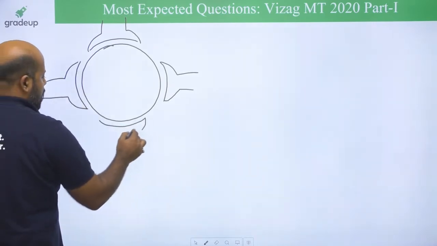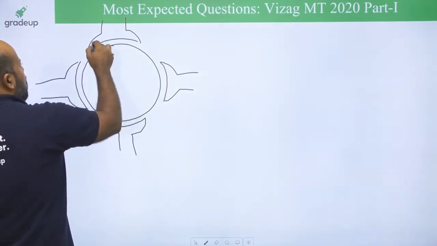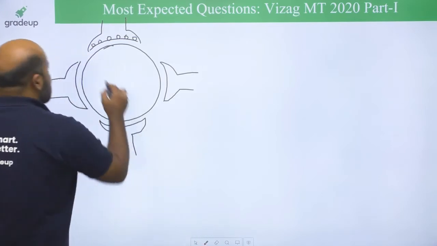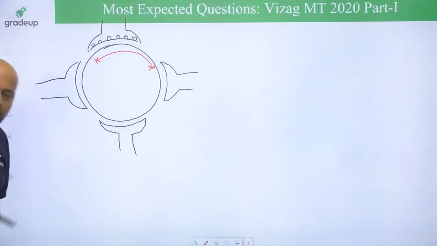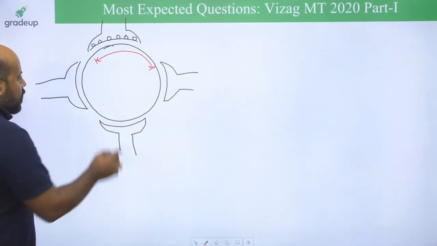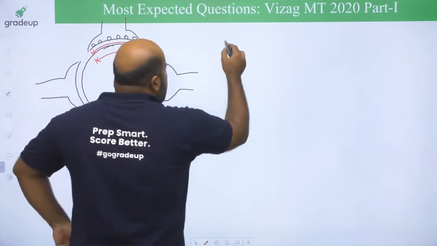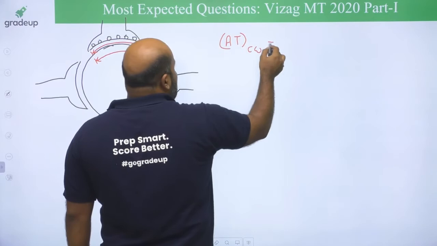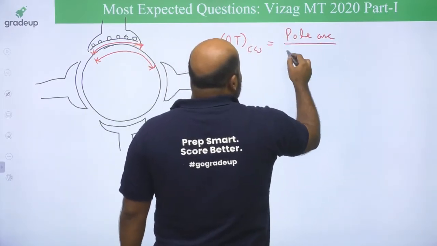So what you are doing, you are placing the compensating winding here, but what you have found is the ampere turns of the armature winding for one pole pitch. But compensating windings are only going to be present up to the pole arc. It means ampere turns of the compensating winding will be equal to pole arc upon pole pitch